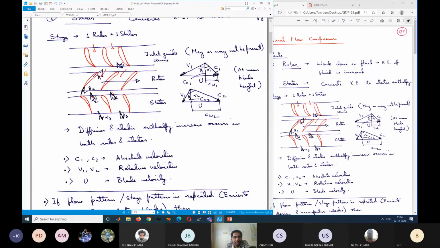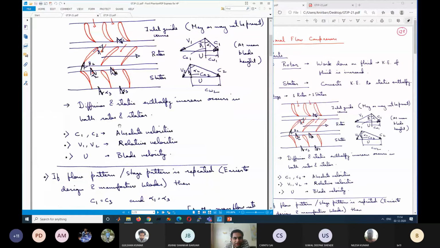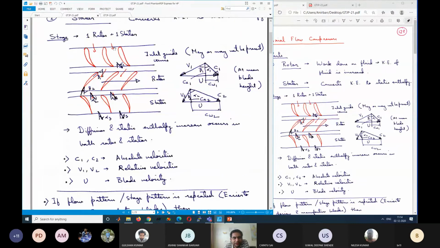Okay. So in case the inlet guide vanes are not present, for the first stage the orientation will be different because alpha 1 will be 0. But for all the subsequent stages, for the rotor the angle will be some value alpha 1, and for the stator exit it will be alpha 3 equal to alpha 1. So only the first stage angles will be different. First stage rotor blade design will be different. After that all the other stage designs will be similar in case the inlet guide vanes are not present. In case inlet guide vanes are present, even the first stage angles are similar.